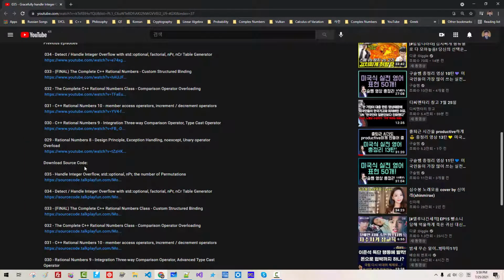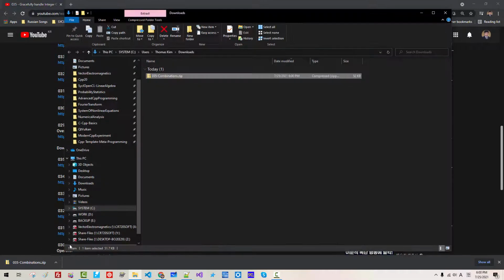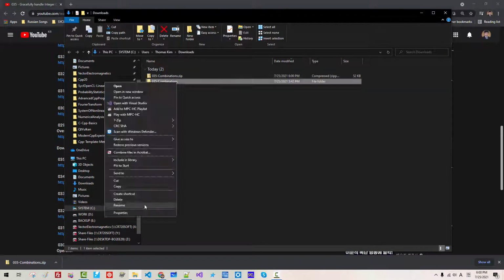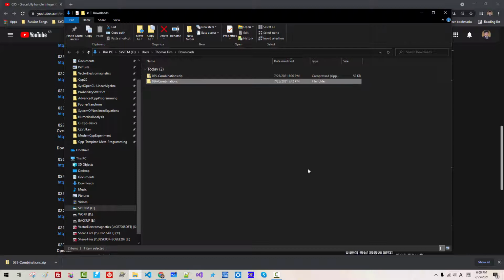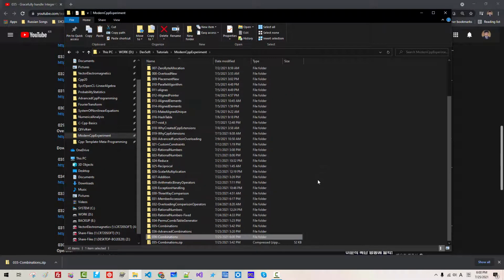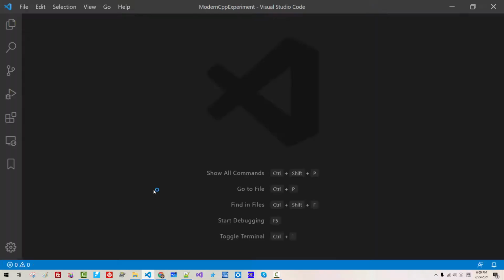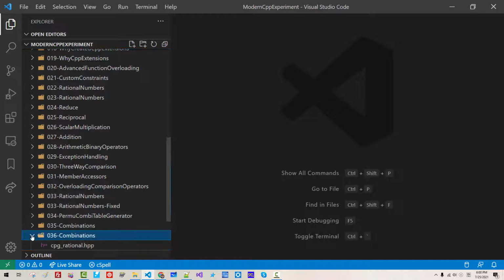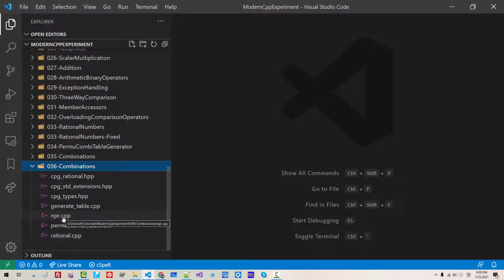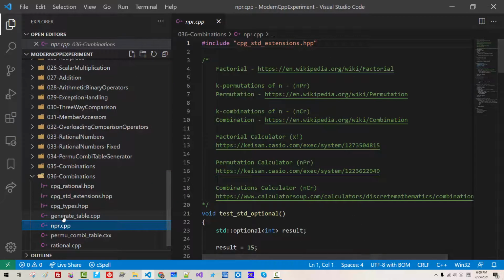In the download source code section, double-click this link. Show in folder, extract here, rename 36. Copy the folder path, paste it in your working directory. Now start Visual Studio Code. From folder 36, open nCr npr, open